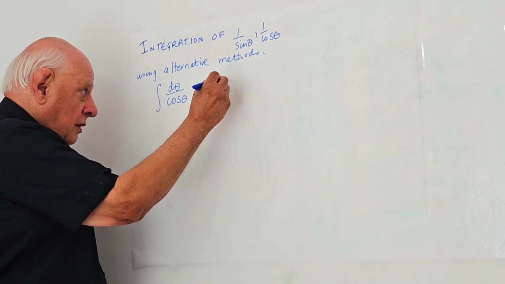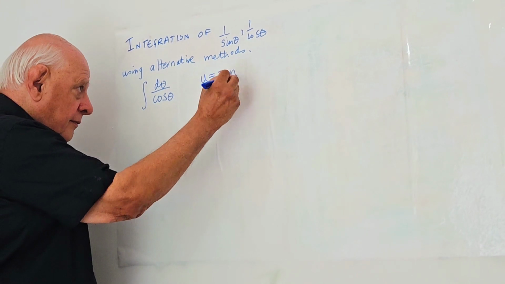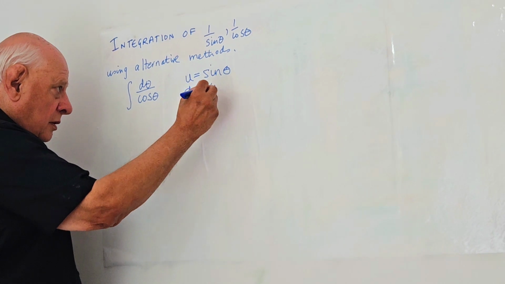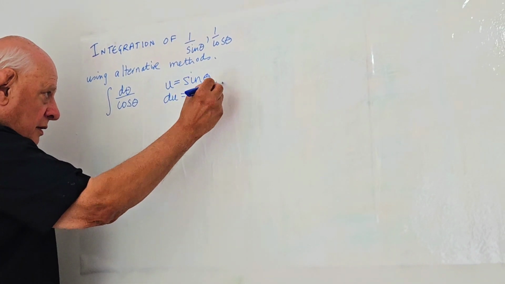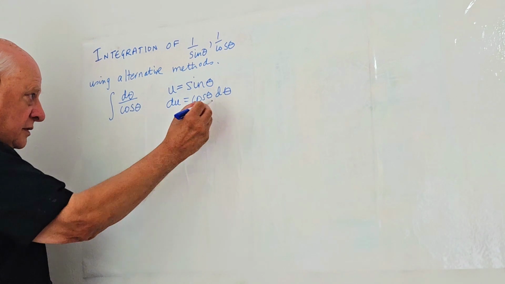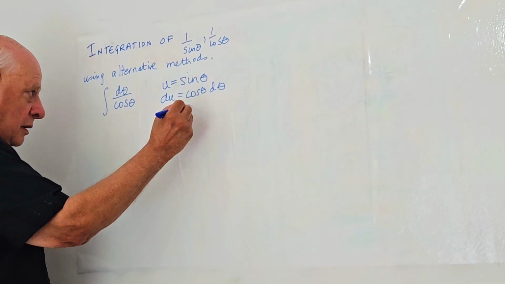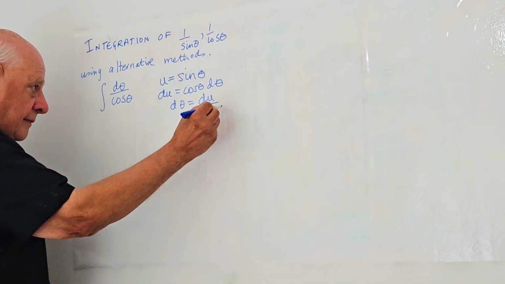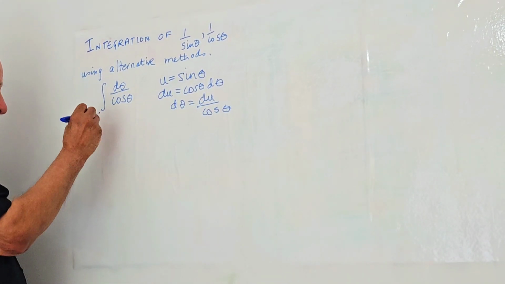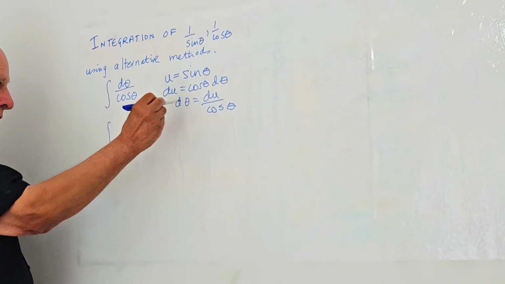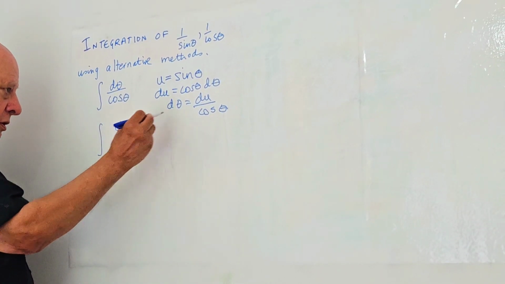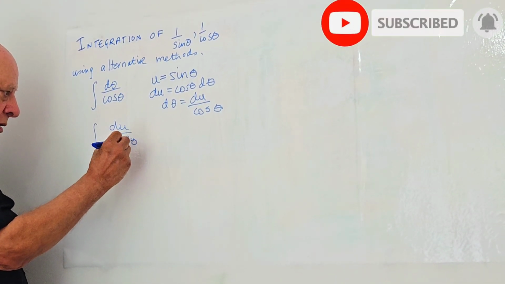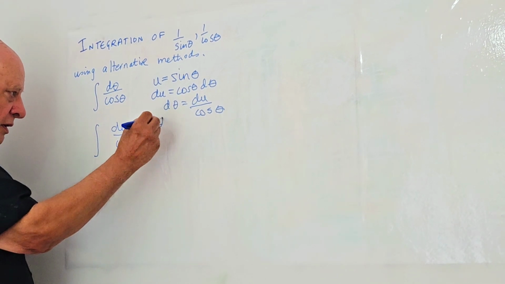Just put u equal to sine theta, which means du is cos theta d theta. That means d theta equals du over cos theta. All right, so I substitute in here. D theta is du over cos theta. Well, we've already got a cos theta here, so that becomes cos squared theta, which, as you should know, is